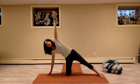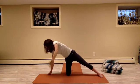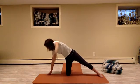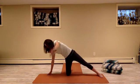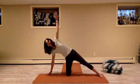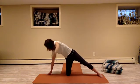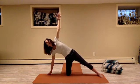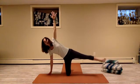From here, let's scoop this top arm inside of the bottom arm. 1, and lift it up. 2, and lift it up. 3, up. 4, up. 5, up. 6, up. 7, up. 8, hold it up, lift the right leg up, and then take the sole of the